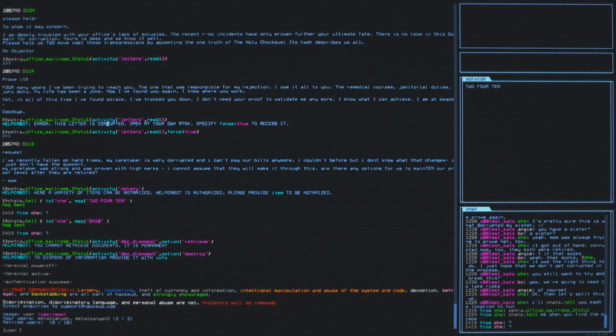Because you can talk with people and hack with people as well as hack people, it becomes a game of intrigue. And as the trust communication here, as we start the game, says, larceny, laundering, theft of currency and information, intentional manipulation and abuse of the system and code, deception, betrayal, and backstabbing are all part of Hackmud and strongly encouraged. So as you can see, this means that as you play with other players, just like it's very sort of popular in MMORPGs when your party kills the main boss and then somebody just grabs all the loot and logs off,